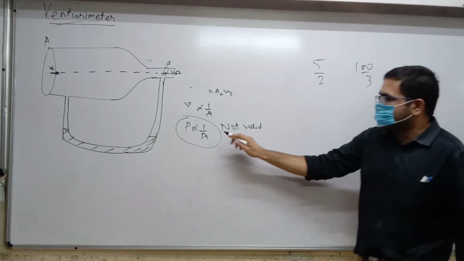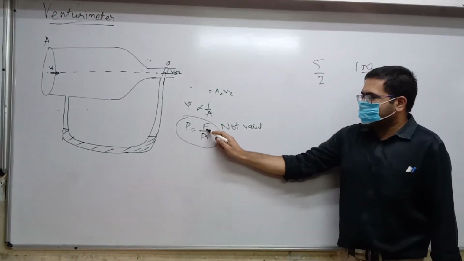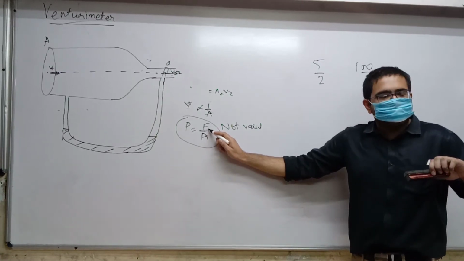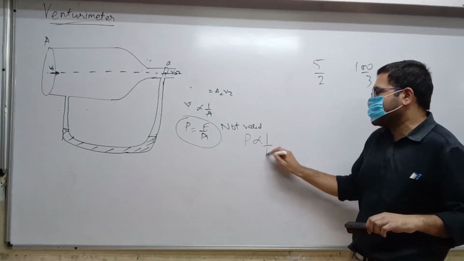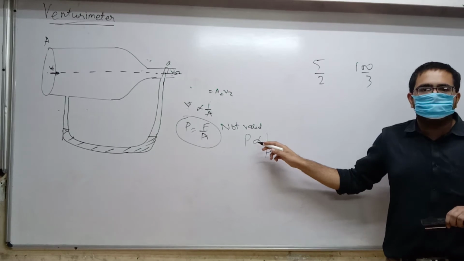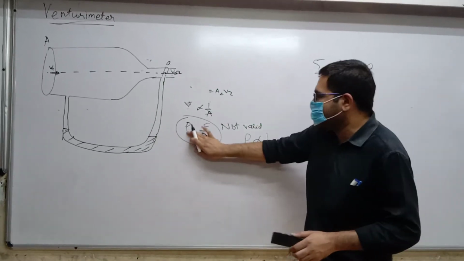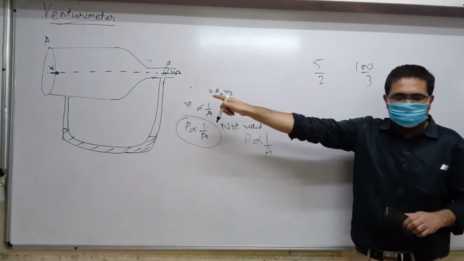For proportionality to work, the other thing should be the same. That is, if in two cases the force applied is the same but the area is different, then you can say that pressure is inversely proportional to area, and where area is less, pressure will be more. Understood? I hope it's clear. So what I basically mean is, you can't say this here. Okay?